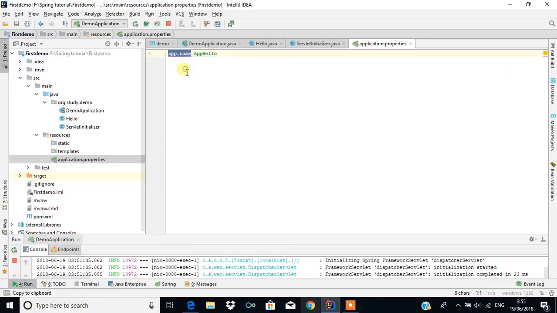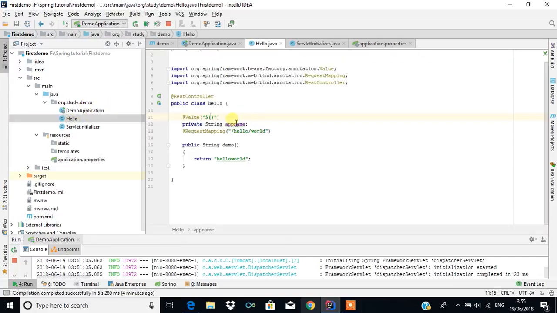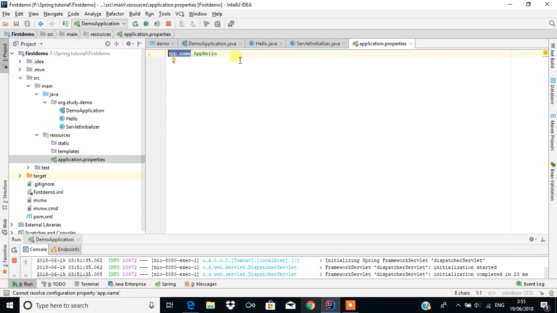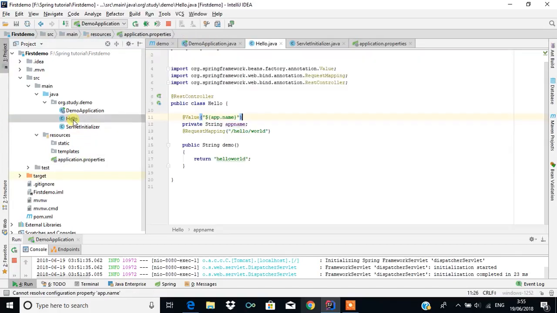For example, the content is app.name, so you paste it here, and so this appName will be app hello,